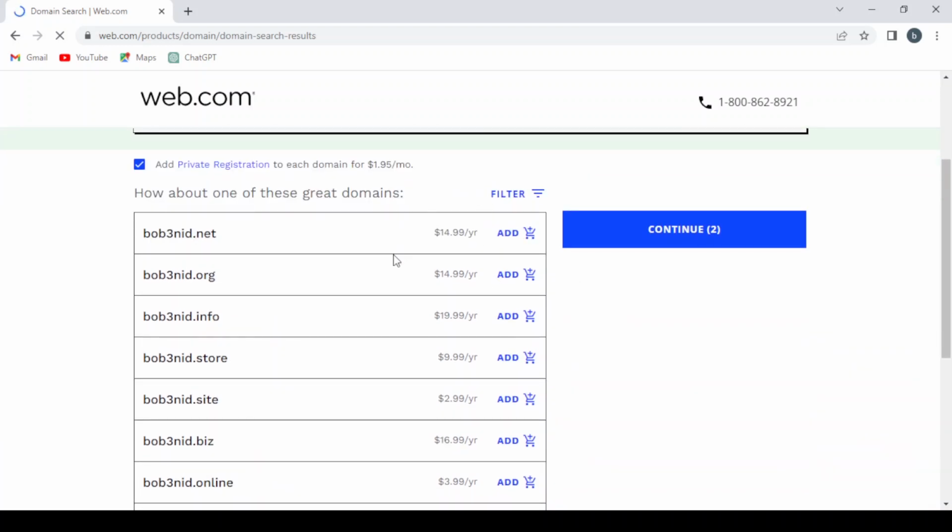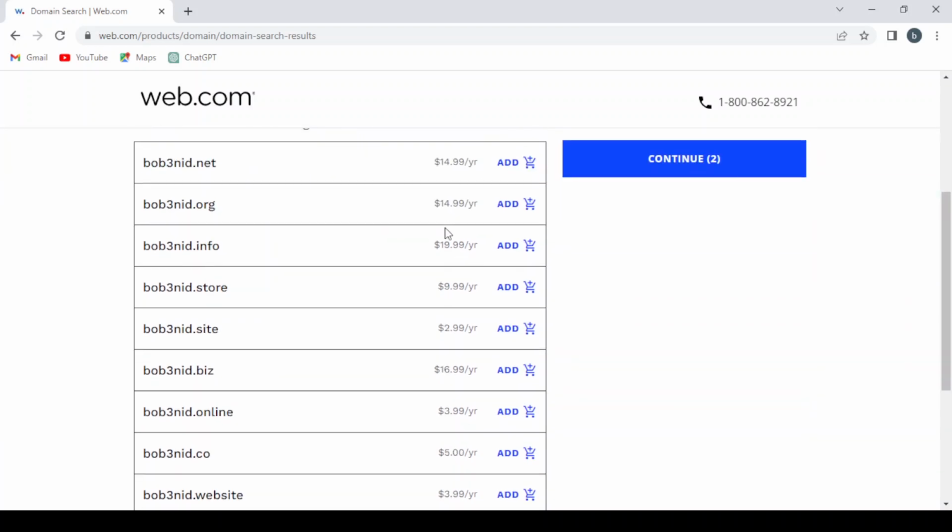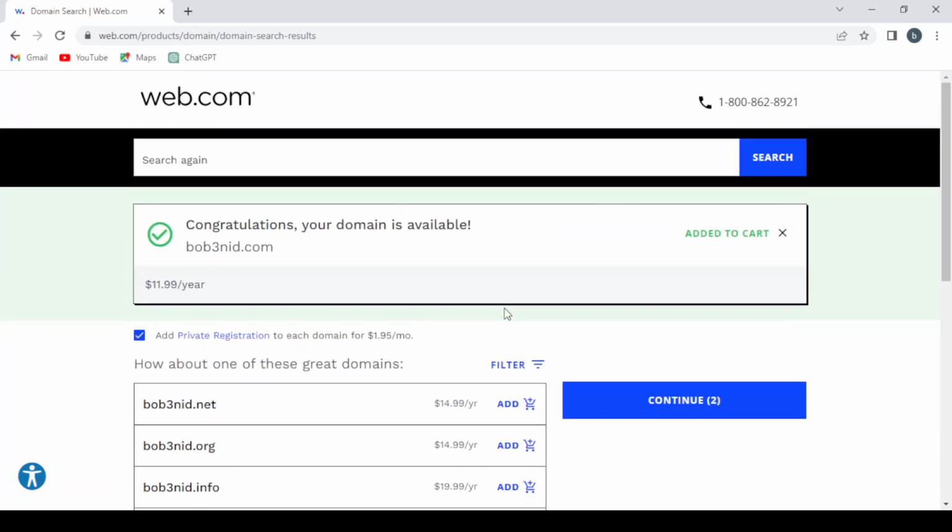As you can see here the prices of the domains: .net, .org, .info, .star, and everyone with its own price. Also here you can see the one that we already chose, bob3need.com, and it's approximately $12 a year. So here, if you want to add it to your cart from here,